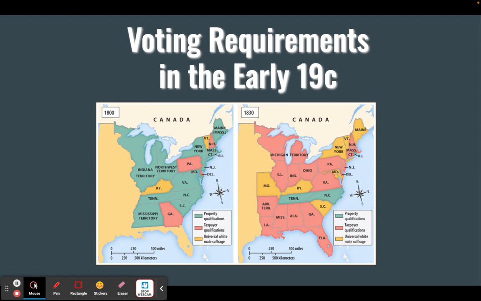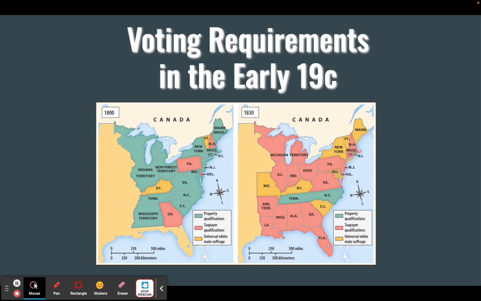So you're looking at a very, very small selected group of people on the left-hand side that are eligible to vote. To own property means that you have a lot of wealth. So in 1800, when Jefferson's elected, the people that are voting are the people that are very rich.